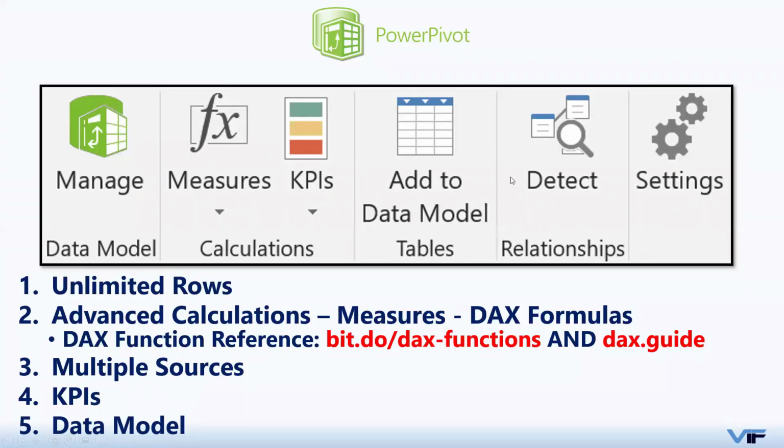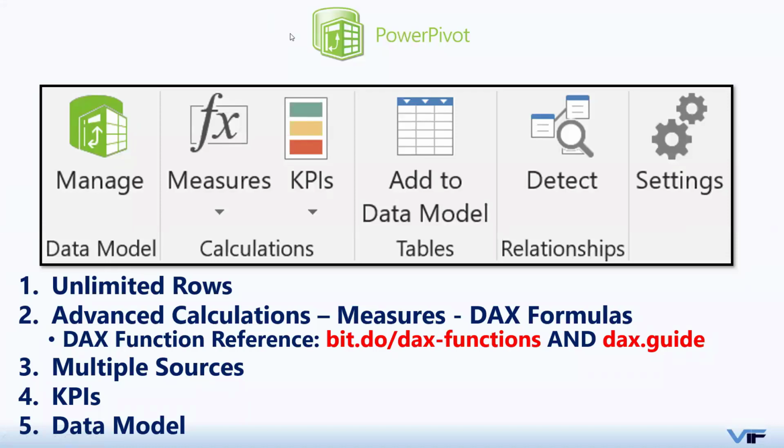And then we have what we call the detect or add to the data model. Those two have to do with multiple sources. That's where I can pull in different sources in Power Pivot. KPIs are my key performance indicators. It also has to do with calculations. And then the data model is the data model that we're working with that will pull information from different sources. Okay, wonderful. So moving on with Power Pivot now,